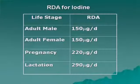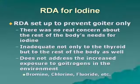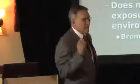As you can see, males need more iodine. Females need about the same, but as you get into pregnancy and lactation, the intake of iodine needs to be higher. The RDA was set up to prevent goiter. There was no real concern about the rest of the body's needs for iodine. And the RDA for iodine is inadequate because it is only looking at the thyroid, but not the rest